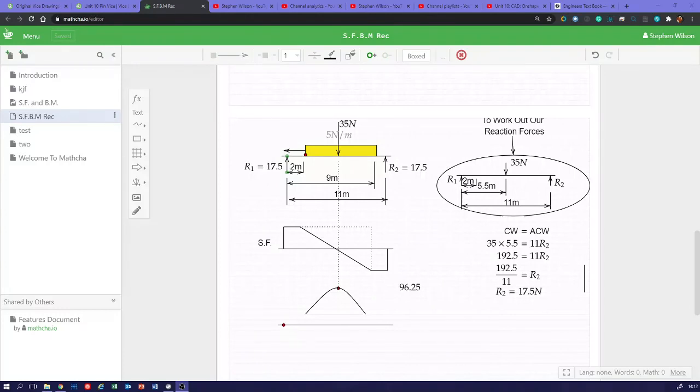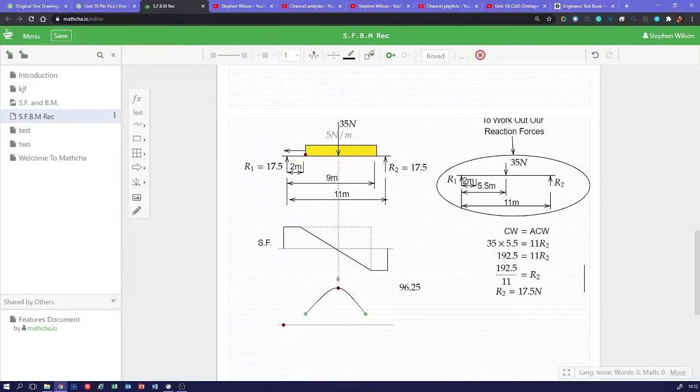So 17.5 times 2 is 35. So we start and stop our UDL at 35. So let's put that up to 3 on here, because obviously I can't do half measures here. Then we can place that at the end there, and we can do one more at the other end,